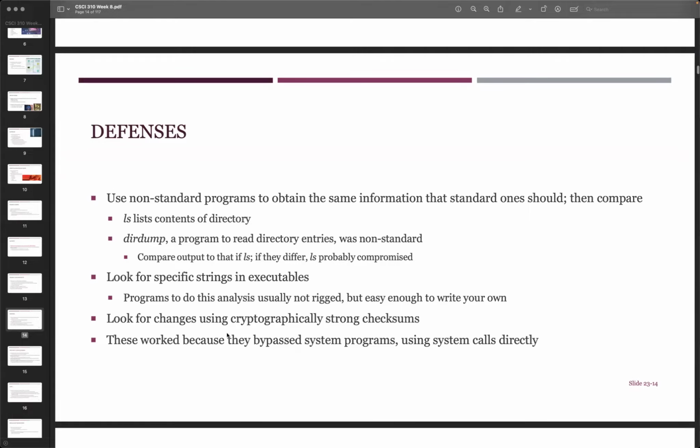So they will change things cryptographically, or they will look for specific strings in executables. So that's all the ways they try to do it. So they mainly